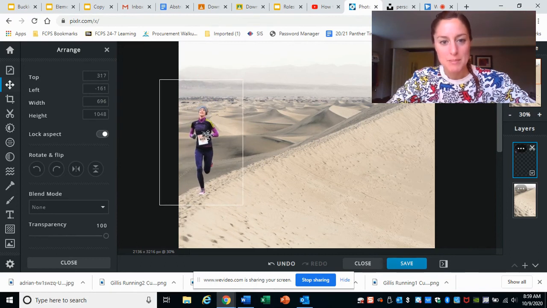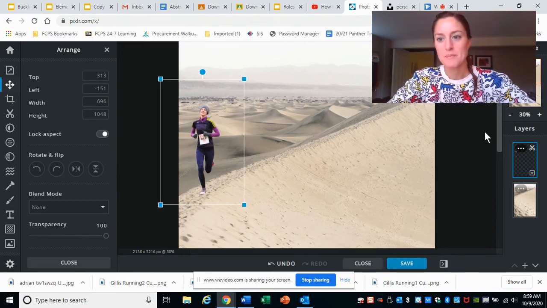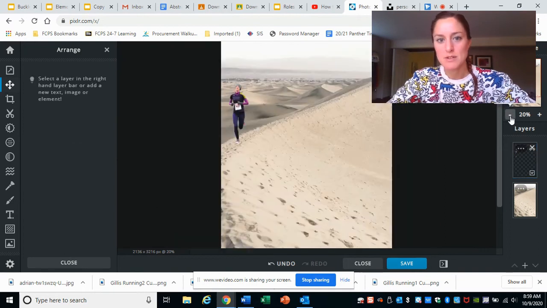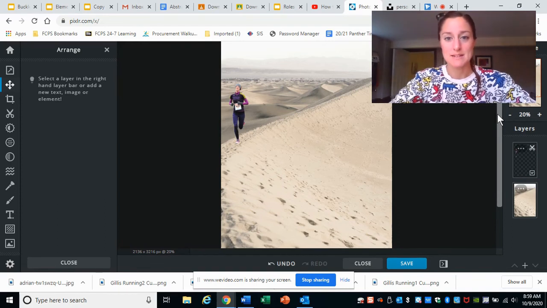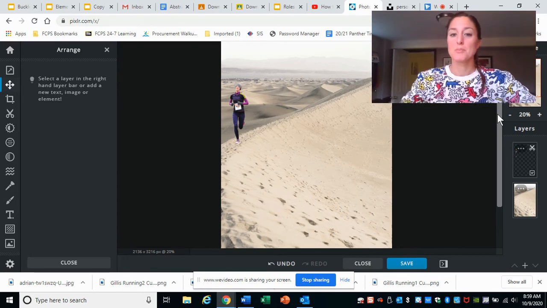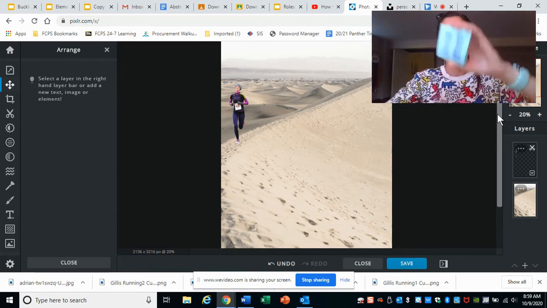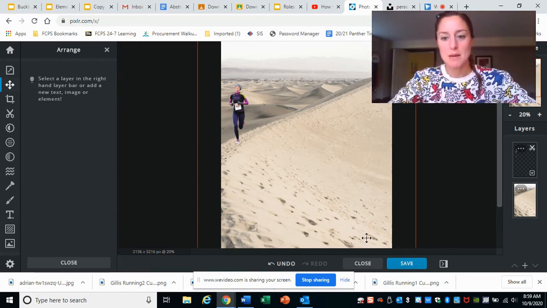I love that. I'm going to make myself just a bit smaller. And now when I zoom out to see the whole image, you know, I'm really happy with that. I'm totally overdressed for being in the sand dunes, but the rest of this image looks amazing. So I would like you to pause, get your image to that stage, and now final step is to choose